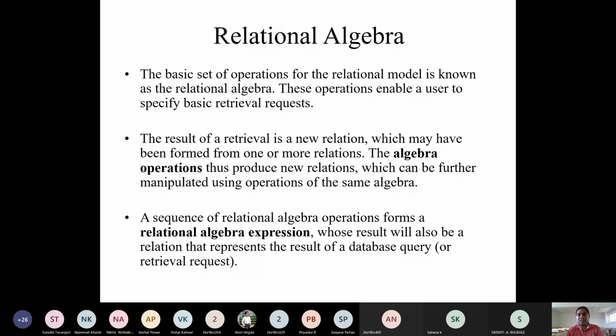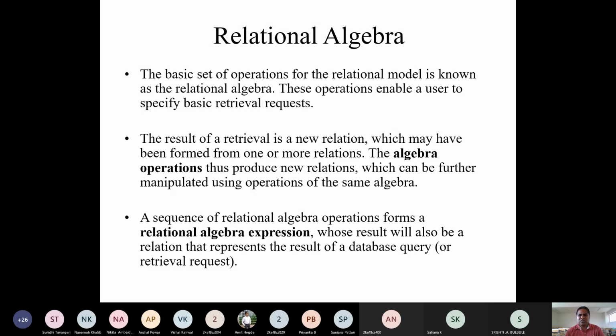Alright, the basic set of operations for the relational model is known as relational algebra. These operations enable a user to specify basic retrieval requests. Retrieval means trying to display the data. Remember, these operations are just to display the data, but not to change the existing data.